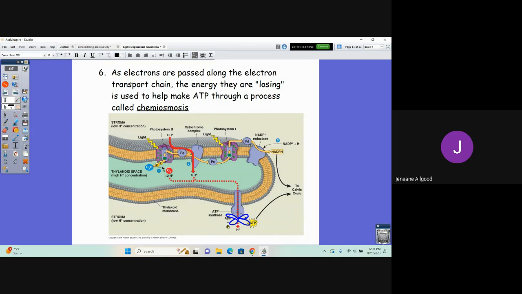Okay, so what we said a minute ago was that as electrons are passed down the electron transport chain, they